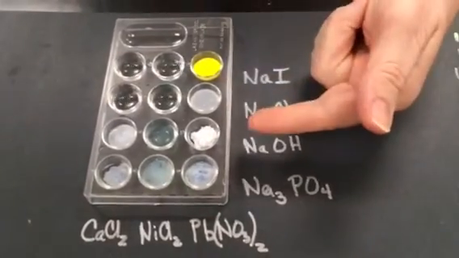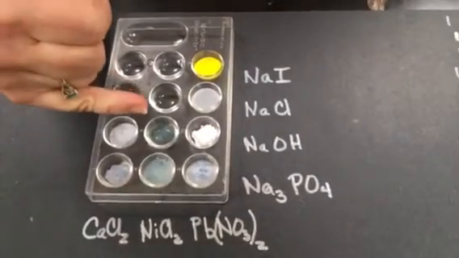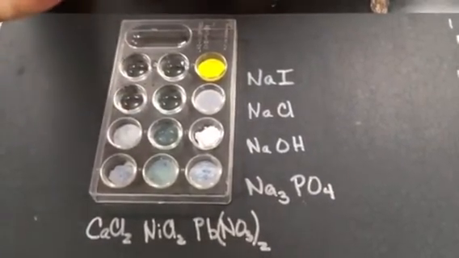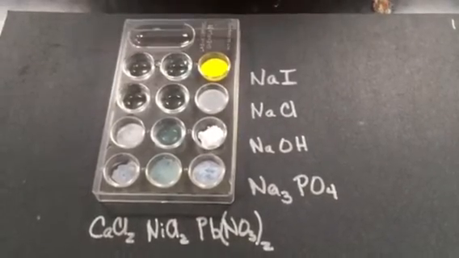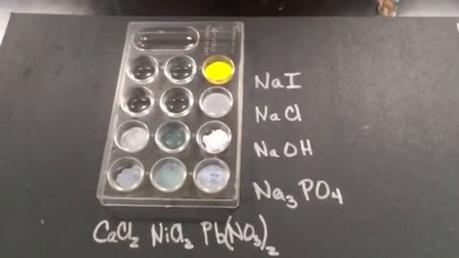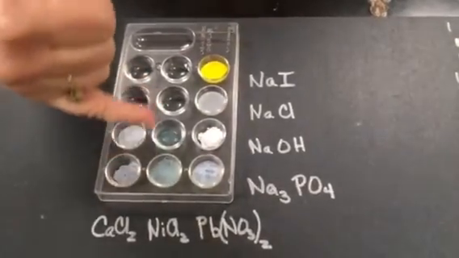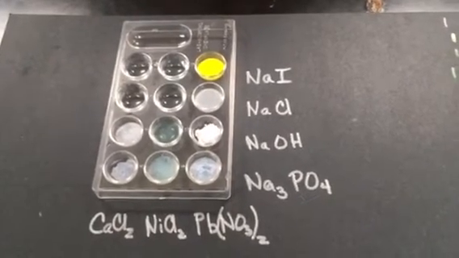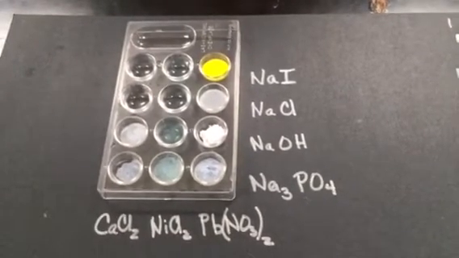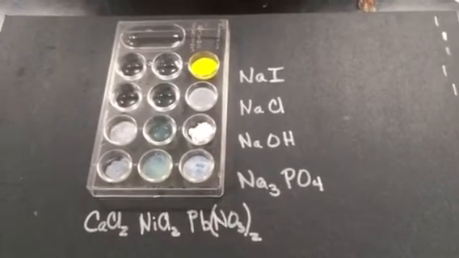For instance, this one doesn't really look the same as this one, and this one is only a little bit of a reaction, right? So I don't want you to just say they're all cloudy. Some of them are clumpier looking than others, and of course there's one that's very colorful. You'll also still see a little bit of color here from the nickels. And I just want to say the transition metals have a tendency to form colored solutions when they're ionic and